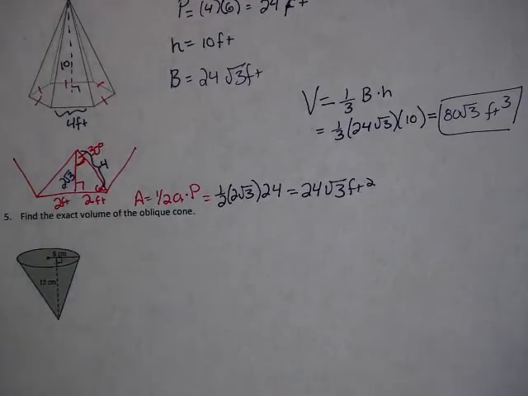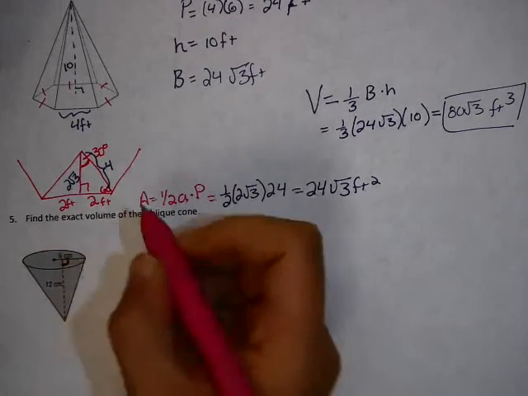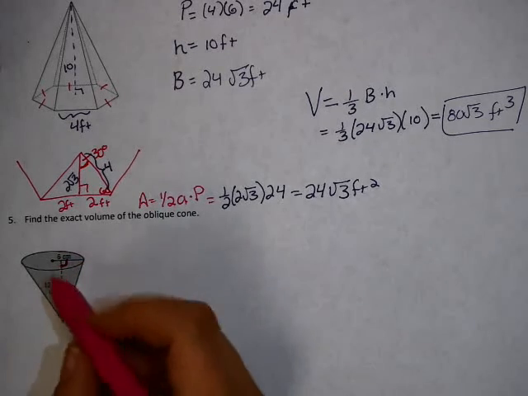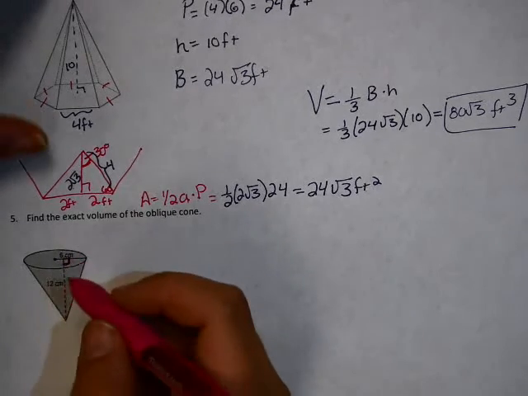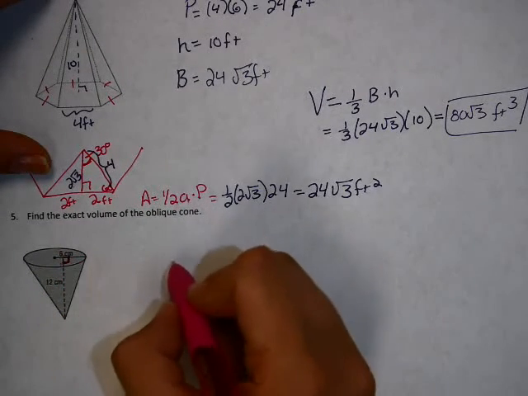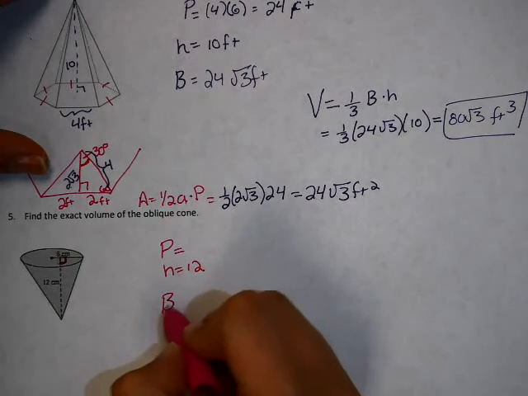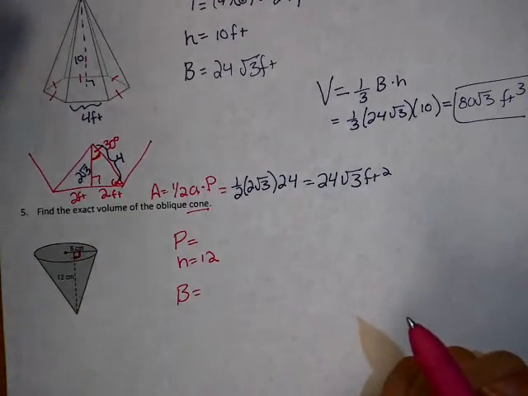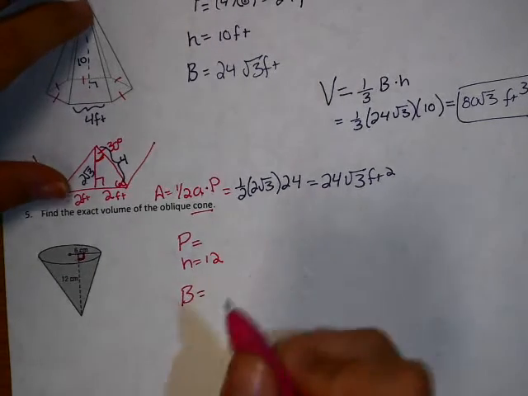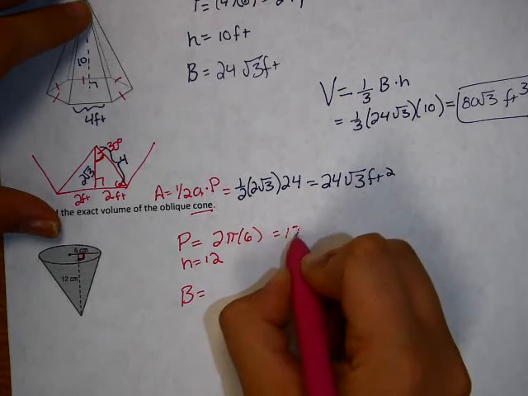Okay, last but not least, find the exact volume of the oblique cone. So notice here that they draw the height of the oblique cone in for you, and to give away what the height is, it has to be perpendicular. Okay, so this right angle tells me that the height is 12, and I need to find the perimeter and the area of the base. Okay, since we have a cone, our perimeter is really the circumference. Okay, and our circumference here would be 2 pi times 6, which is 12 pi